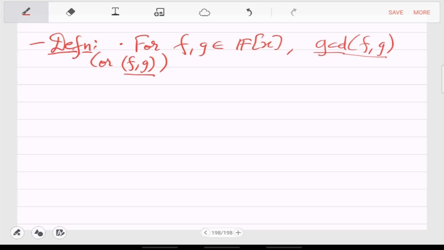The GCD of two polynomials has to be somehow greatest and it has to divide, right? So greatest will be in terms of degree. Now we cannot talk about biggest integer, we have to talk about biggest in the polynomial ring, which is by degree; degree is the measure. So we say that GCD is the largest degree